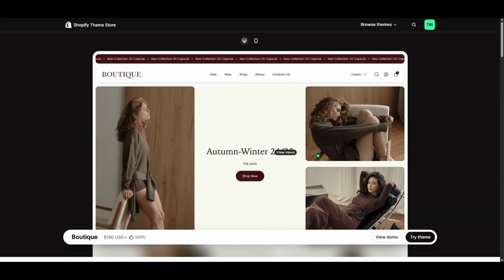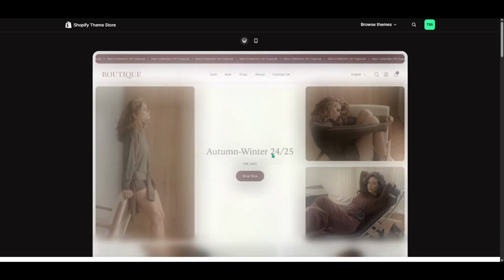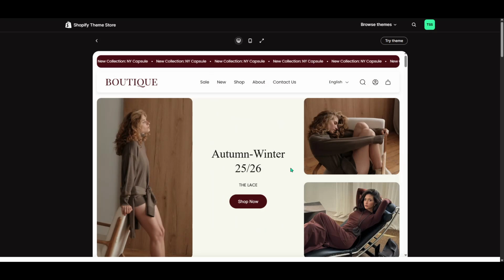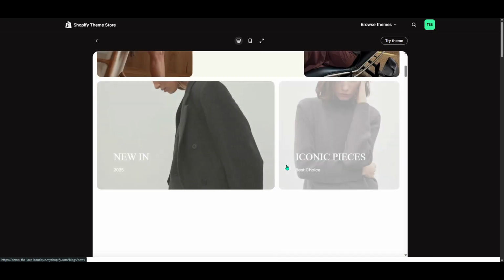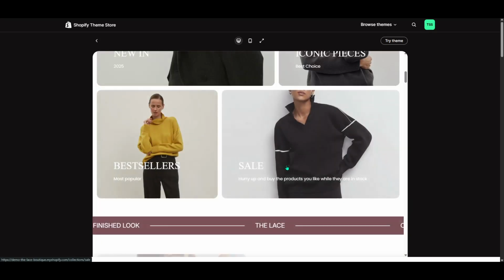You have two main options to interact with the theme. First, you can click Try Theme to test it on a trial basis. This is a fantastic option if you want to get a feel for the theme's functionality and appearance without fully committing. This trial will give you a taste of how your sorted content and products would display, helping in your